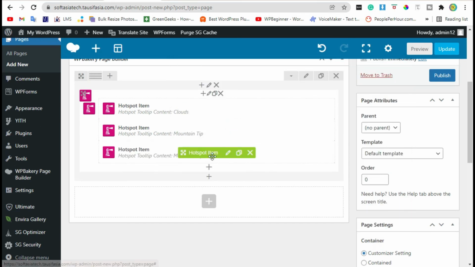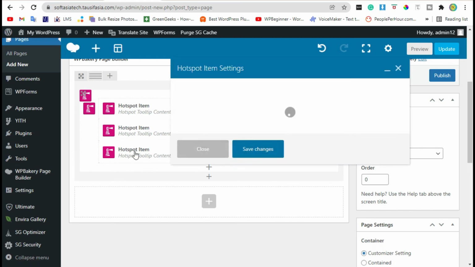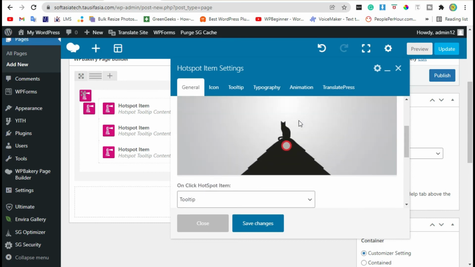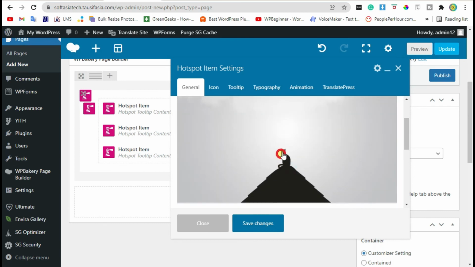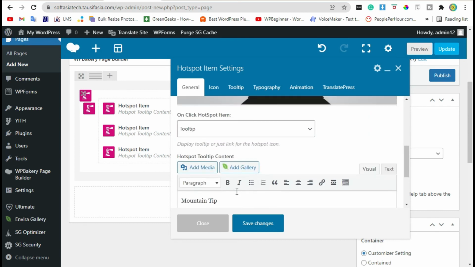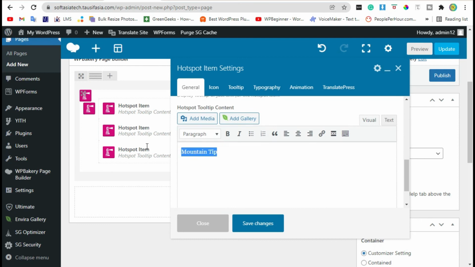Duplicate it again. Edit item. Change the position. Now change text. Save changes.